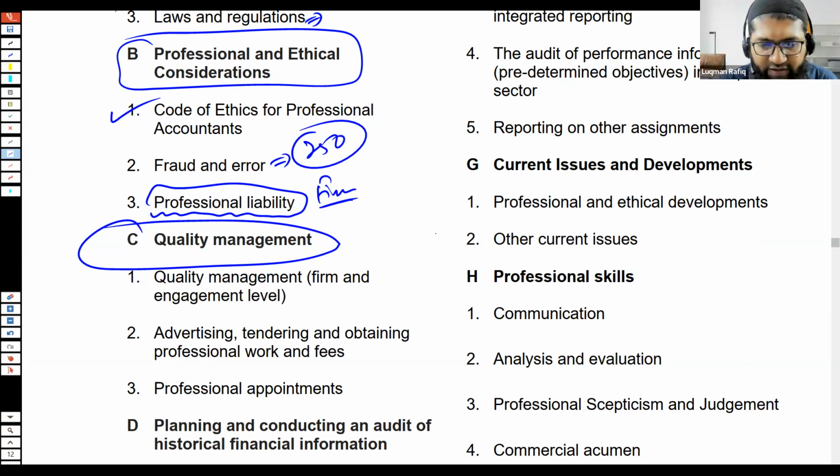So basically what we are going to be doing is discussing how the auditor ensures that the quality of the audit is maintained. The next aspect that we are going to be talking about is actually the